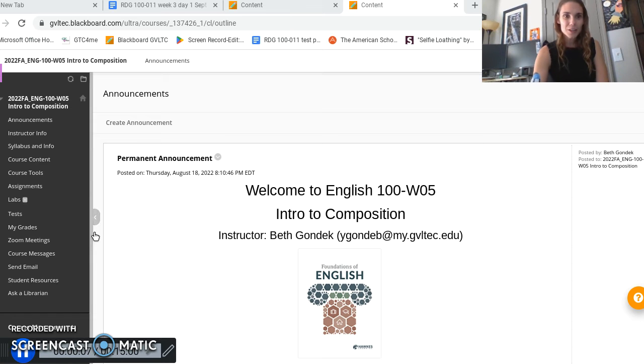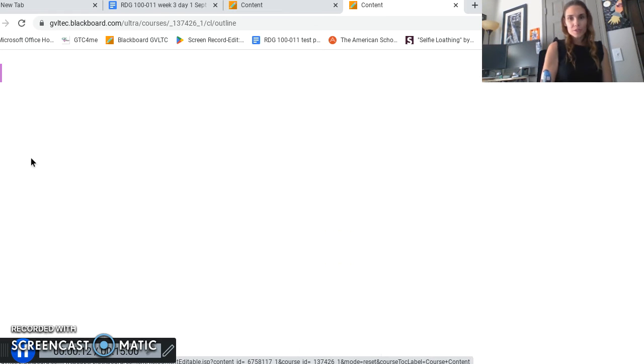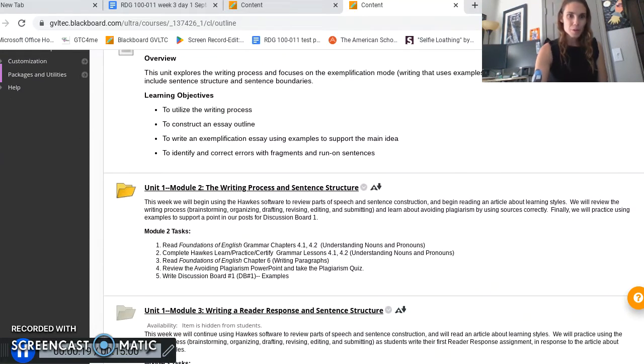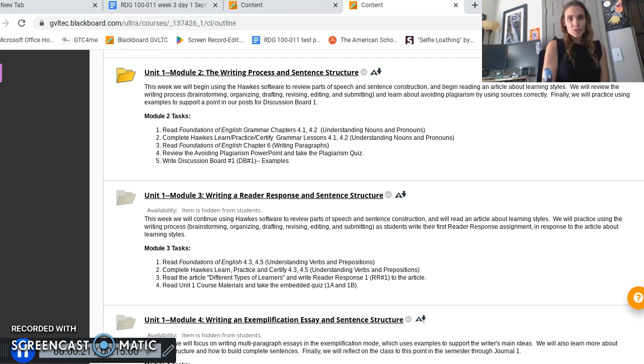Okay, we're going to be taking a look this week at Module 3. So if you go into your course content, we'll do this together. There's just some things I wanted to show you and talk about and work through. This week we are getting more into the reading and writing process. We're going to be focusing on parts of speech, sentence construction, and the writing process in general of brainstorming, organizing, drafting, revising, editing, and submitting. So a lot more starting to really move forward now in what the work is going to be like.